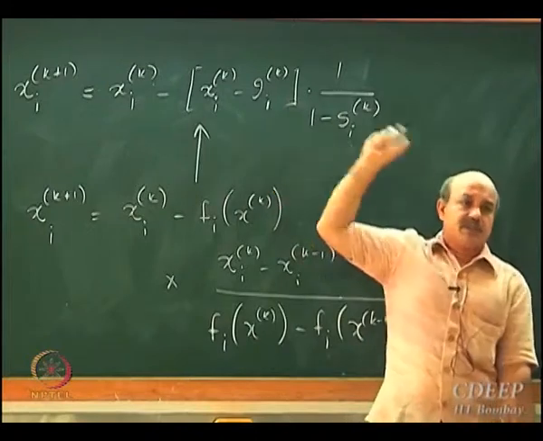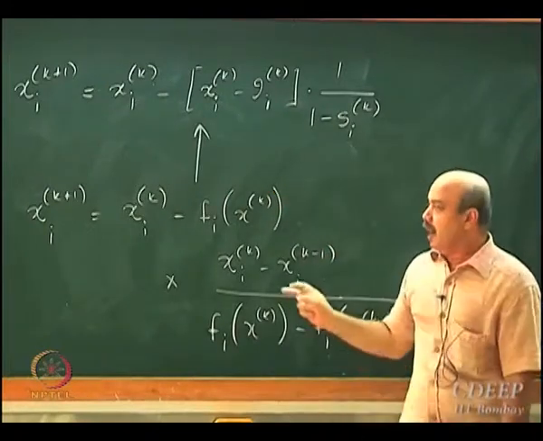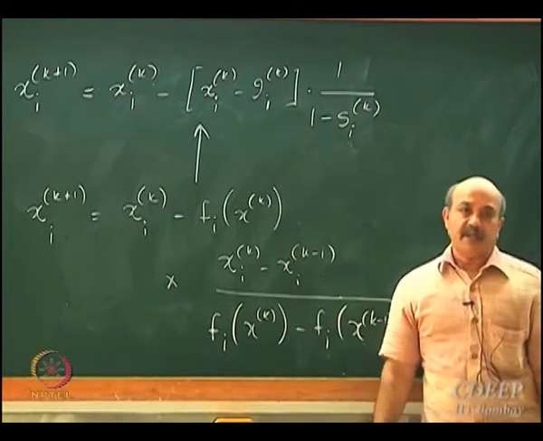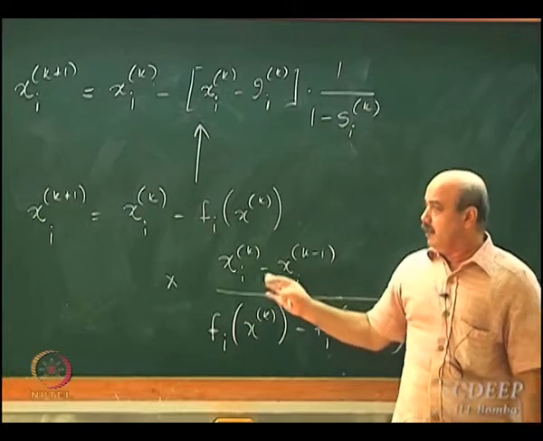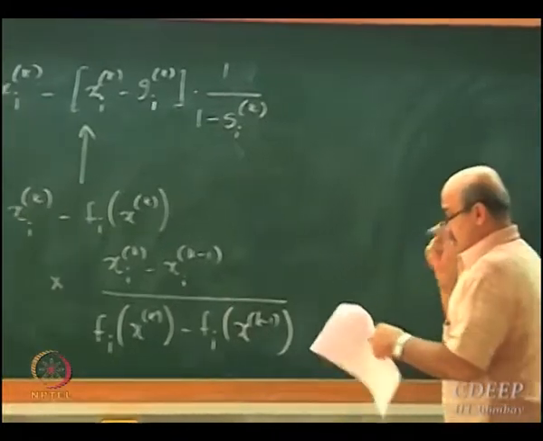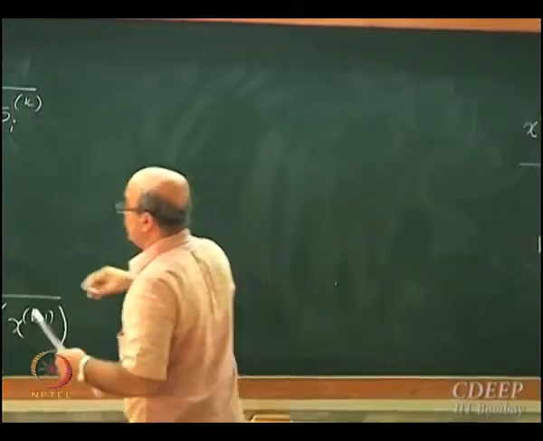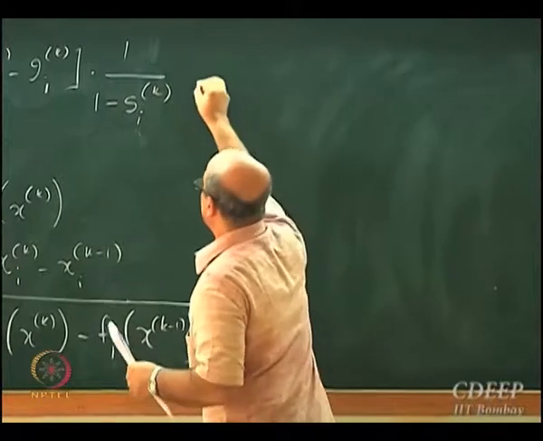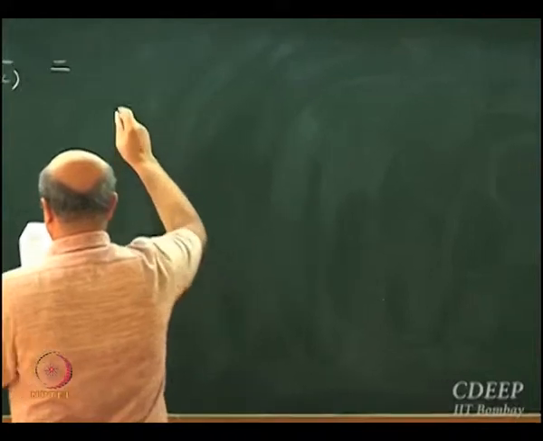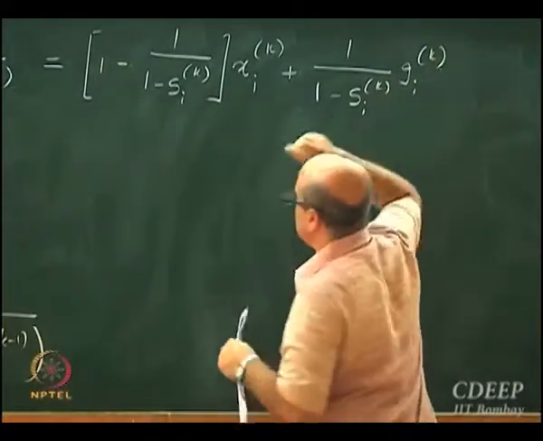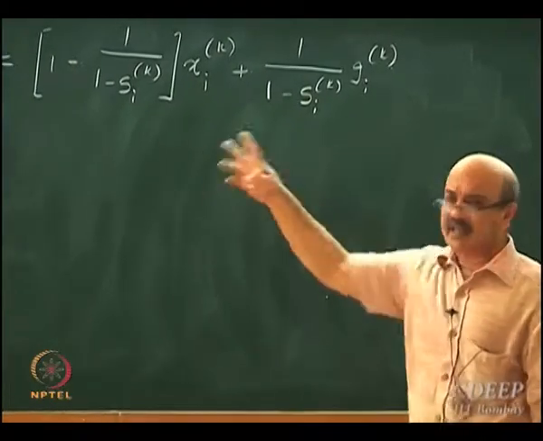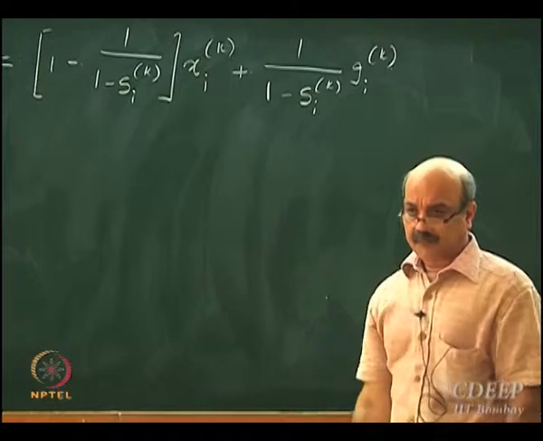Why I am doing this is because I want to clamp some values, I want to introduce some heuristics into my iterations. So that is where I am just doing this rearrangement. Okay. So this particular equation, now I can rearrange this as follows. Okay, I have just rearranged that equation, nothing else.